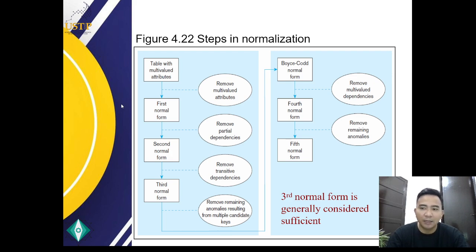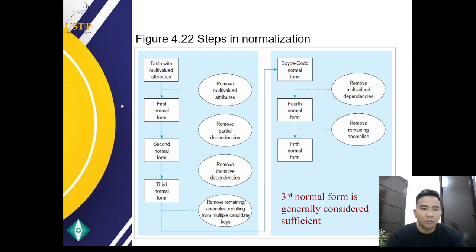Ensure that all non-key attributes are fully dependent on the entire primary key. And in the third normal form, you remove transitive dependency. Ensure that there is no transitive dependency where a non-key attribute is dependent on another non-key attribute. Okay?